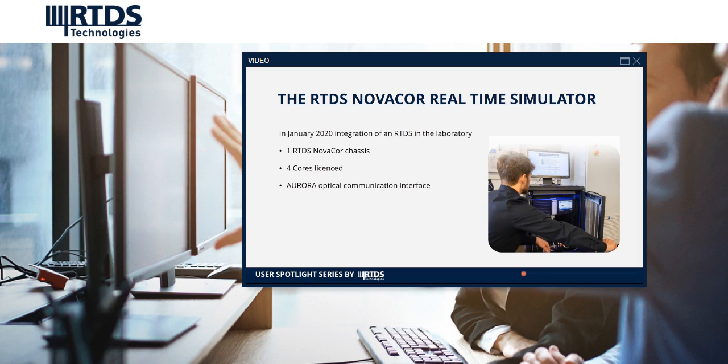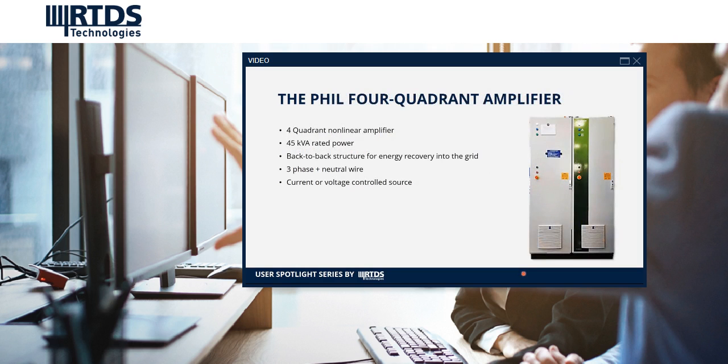The major part of the Institute's RTDS system is used in other projects, but for microgrid applications, this is enough because you normally have only a few network nodes. The most important part, however, is the Aurora communication interface, which enables power hardware-in-the-loop simulation. The RTDS is interfaced by optical fiber Aurora protocol with a 4-quadrant non-linear amplifier from 3-phase, which is now National